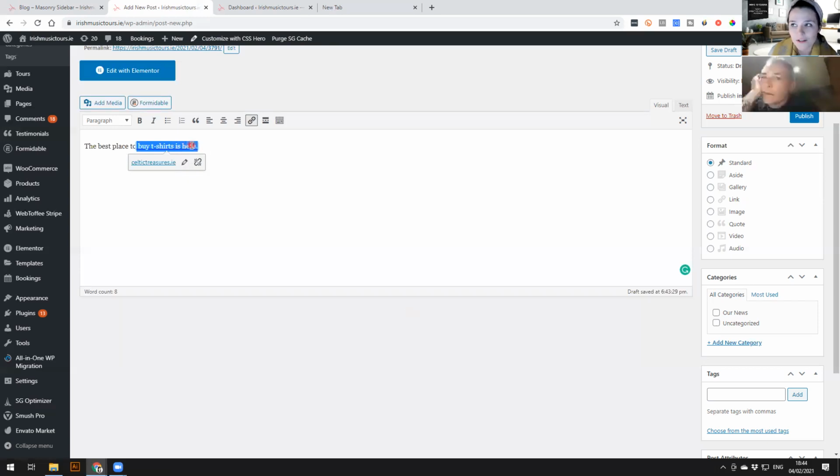I personally often click new window, but it's up to you. Personally, I click new window so they're not bouncing off my site entirely, and there's more of a chance that they'll come back on from the other tab and things like that. But there's cases for and against opening it in new windows, so it's up to you. But it just keeps it nice and tidy instead of you having,